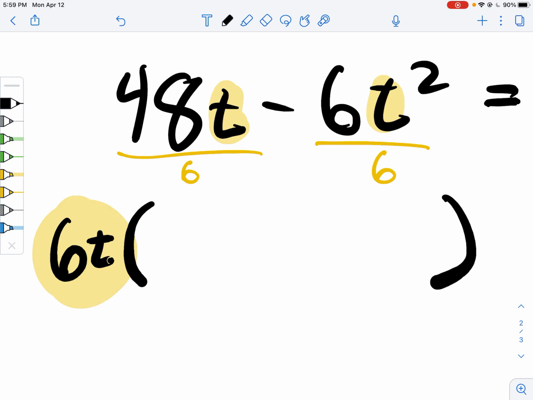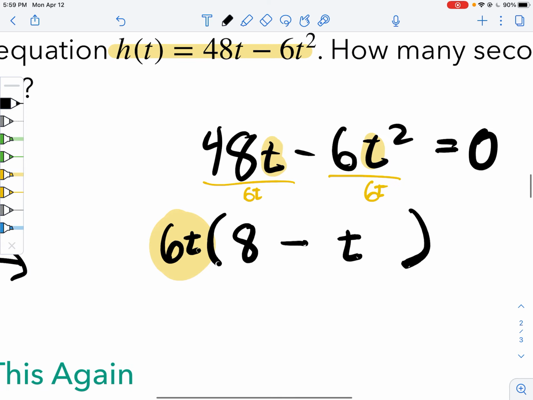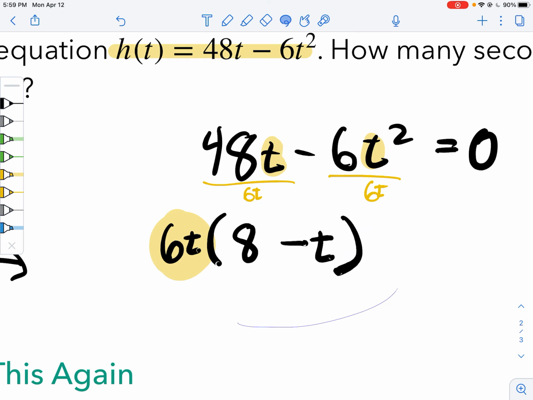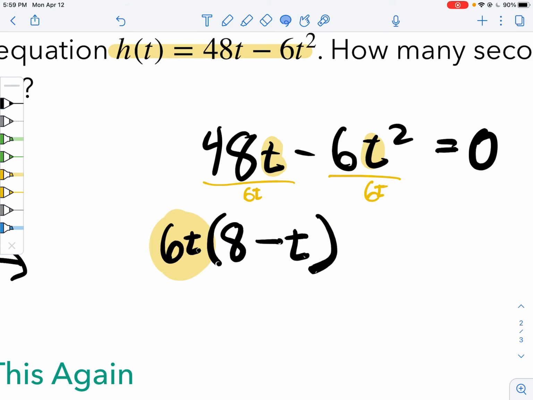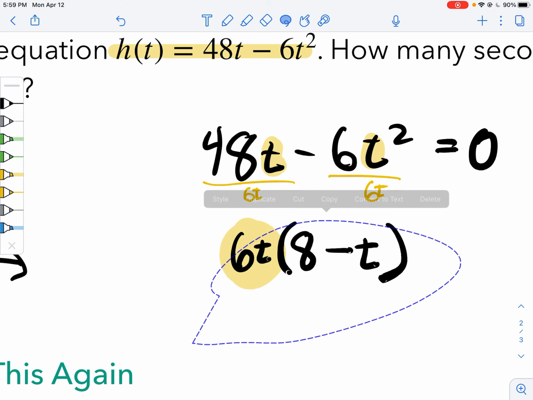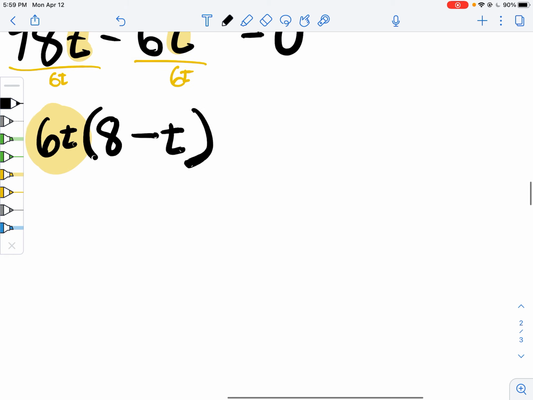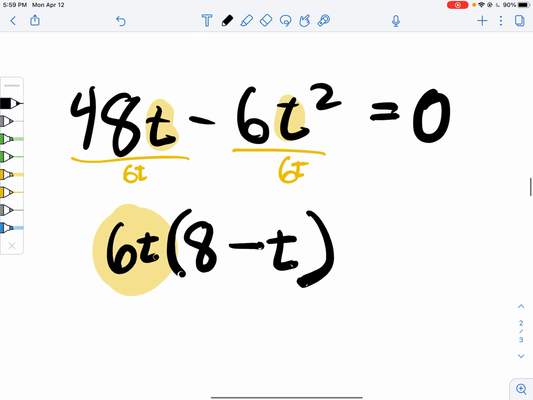And we're left with, we got rid of a t, didn't we? So we're left with 8 minus t. Oh, is that it? Wow, that was way simple. I made this way too big. But that's okay. So we factored that side, and then we scooted way up on the paper for absolutely no reason. That's equal to 0. Okay, cool. So after factoring out a 6t from both of these guys,